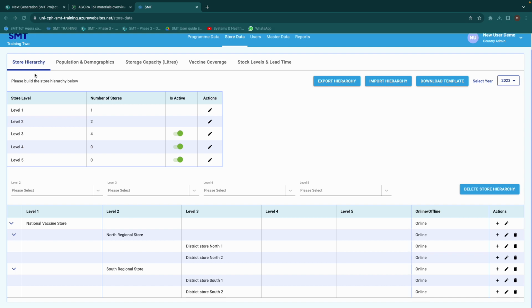On the table on top, now we can also see that the number of stores at each level has been updated. So at level 2, we have 2 stores. At level 3, we have 4 stores. So after I import my hierarchy, it's very important to review the full hierarchy to make sure that everything is